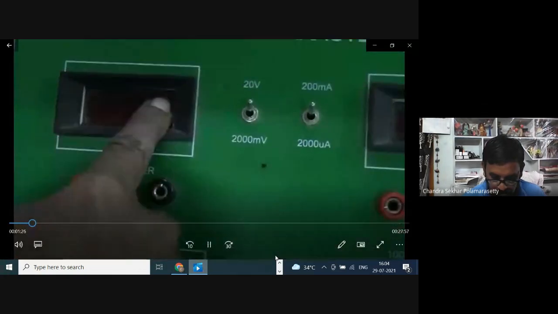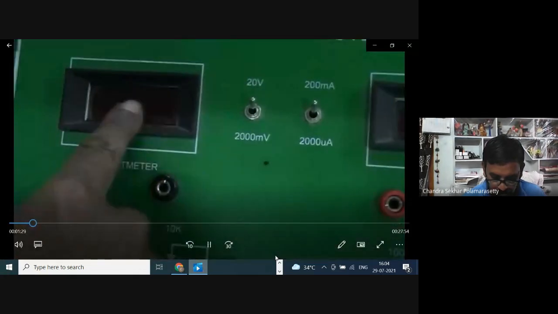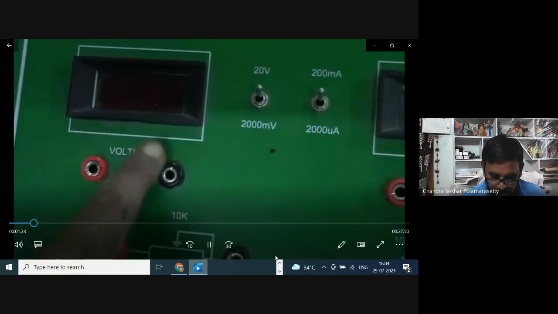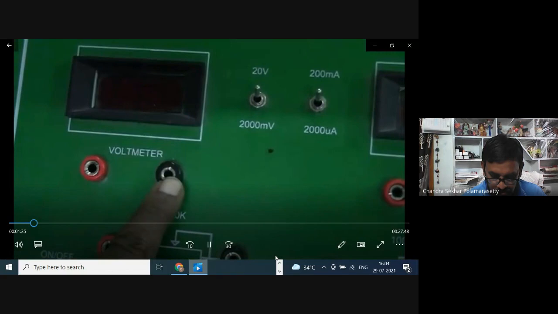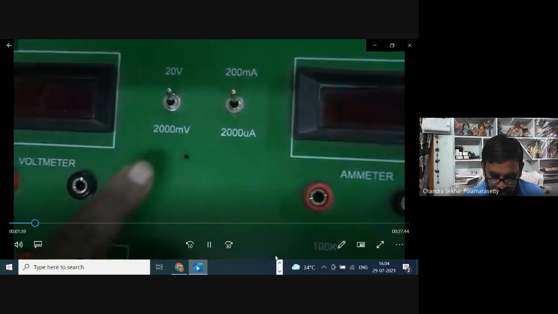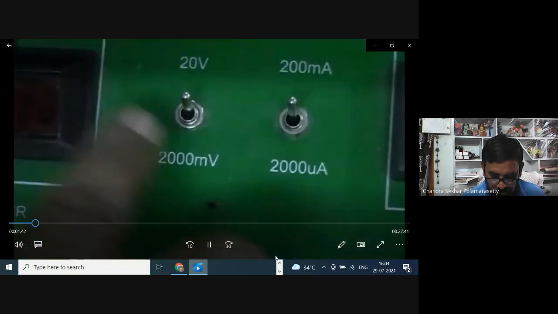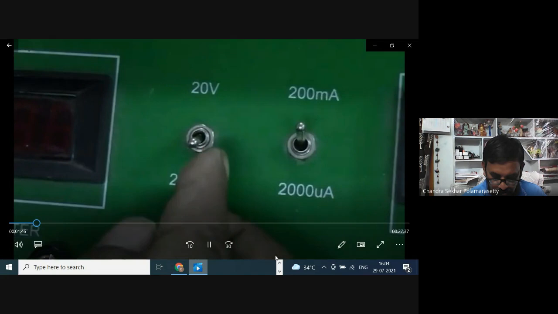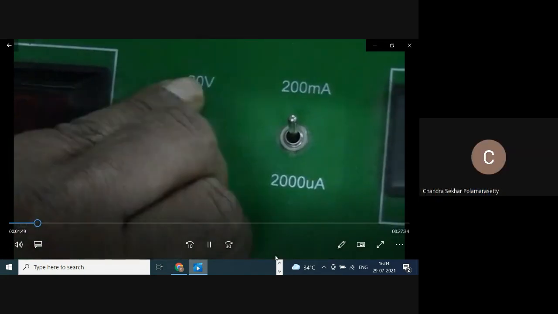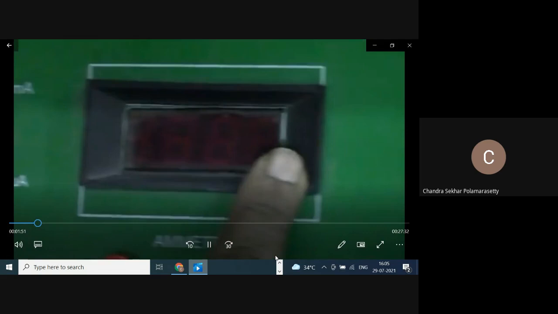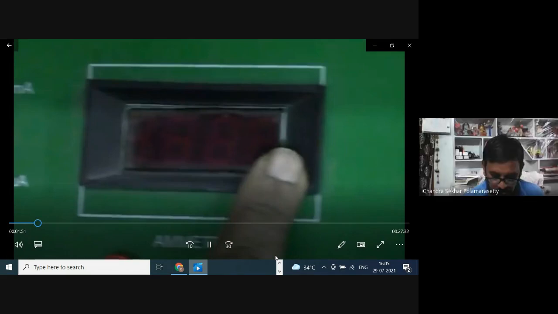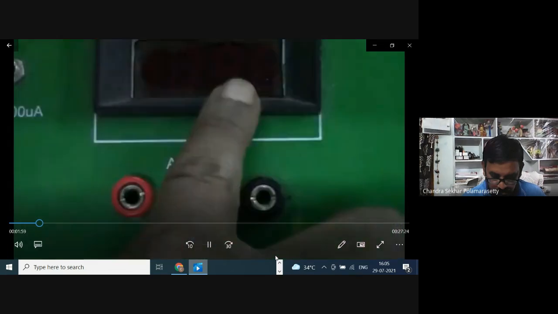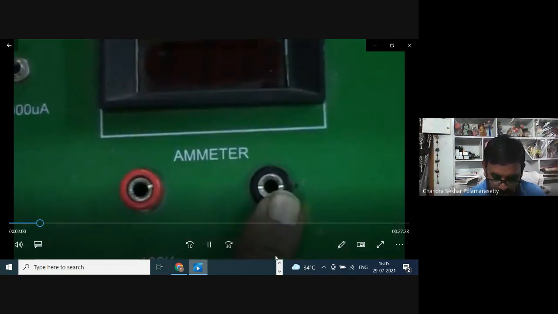Students, this is the kit corresponding to this particular experiment to determine the VI characteristics of the solar cell. Here, it consists of individual components like voltmeter, ammeter, and load resistance, one by one. This is called a voltmeter. So, what is the voltmeter? It measures the voltage. This is actually a digital voltmeter. It will display the voltage in digits. So that's why it is called a digital voltmeter.